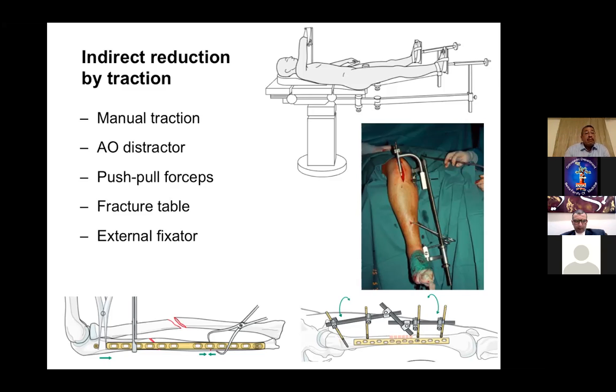You may get this needed traction manually by having an assistant who can do traction the whole time of the surgery, or you can use some tools that will help you and save an assistant, like the fracture table, the femoral distractor, the external fixator as a temporary reduction tool intraoperatively to keep the fracture in the reduced position, and the push-pull technique in order to reduce the fracture like we see here in the diagram on the left side below.